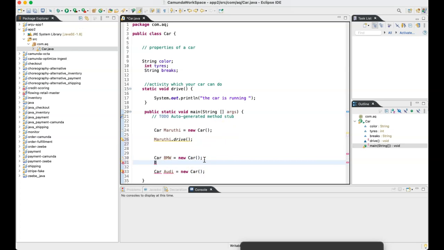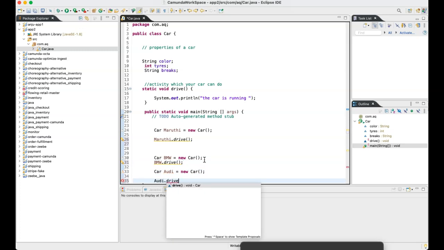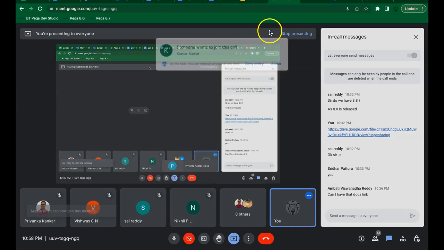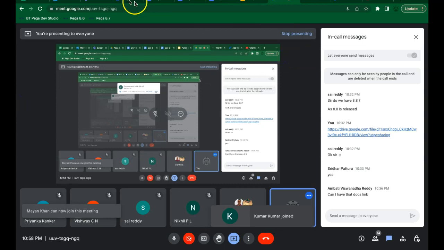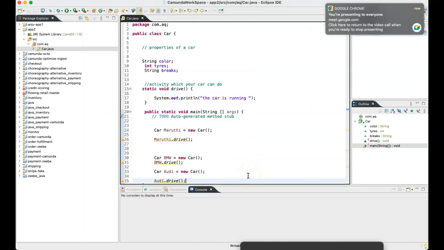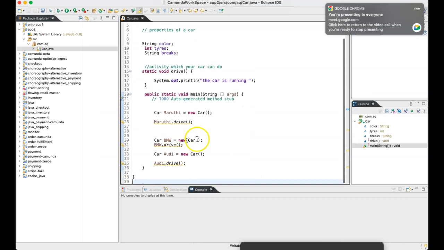I also want to drive BMW, and I also want to drive Audi. So if you see, we want to drive all these cars because these are the objects we created.